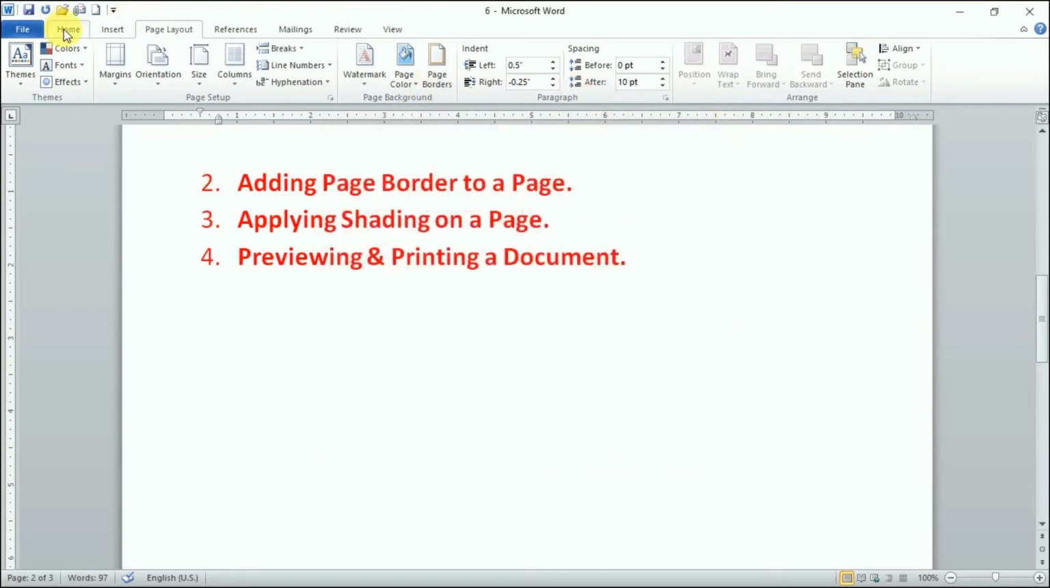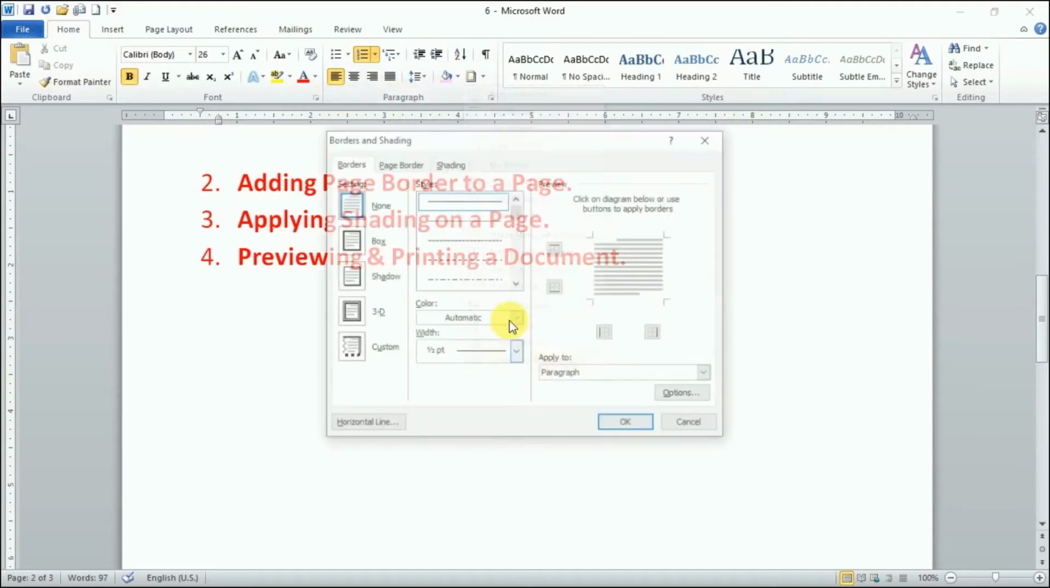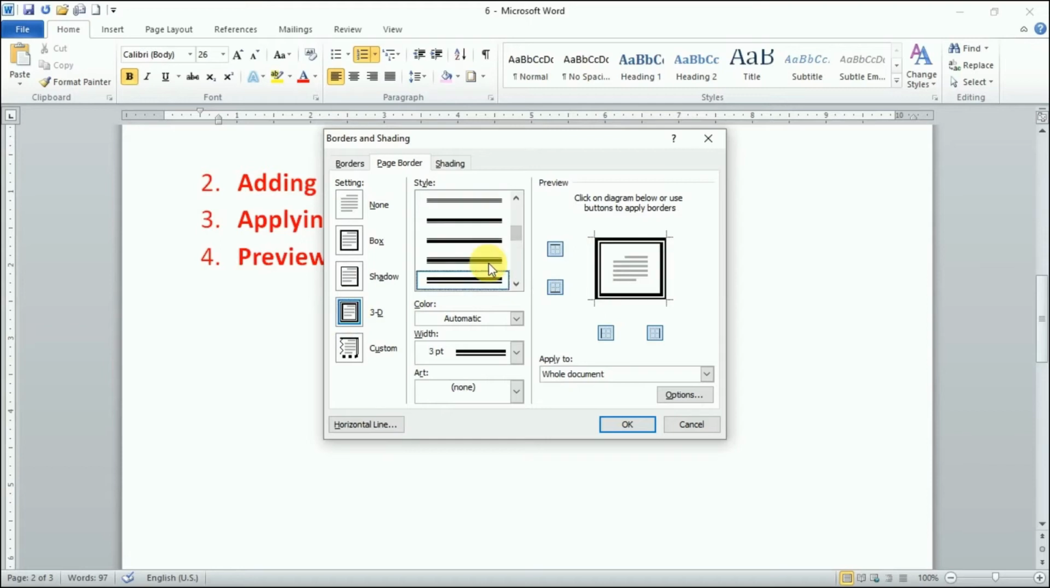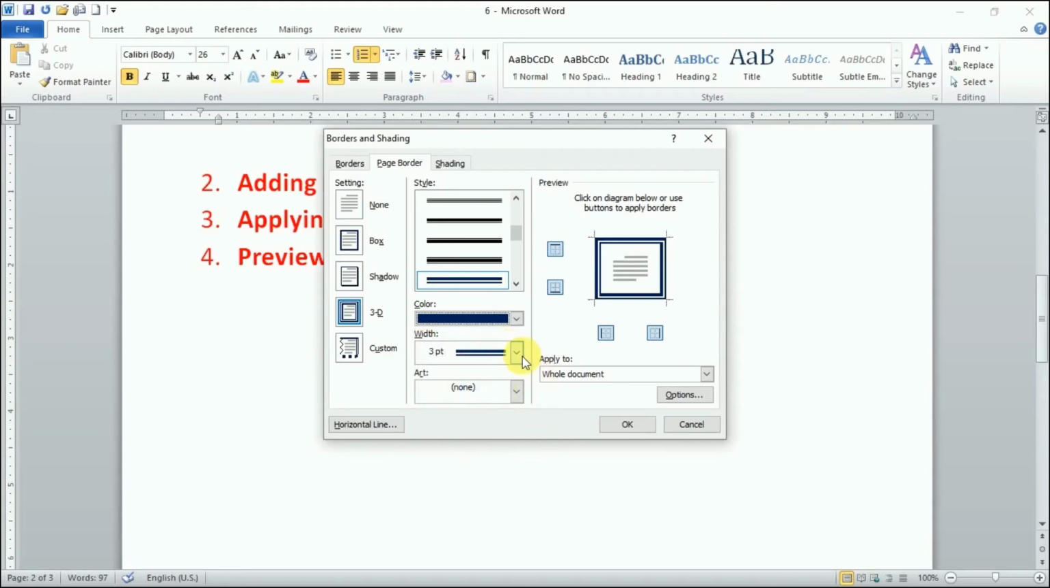Second option is in the home tab, and click here in the borders and shading. Here we have the second tab, that is telling page border. Here again we have similar options, the kind of border you want to choose, right? How it would look, that is being shown on the preview. So I would choose 3D, and then I would choose the type of line, and then I would choose the color, right? So color, and then the width,